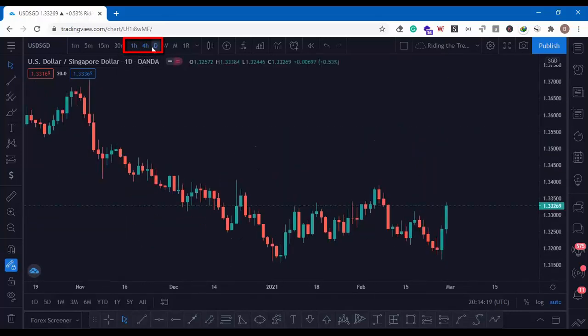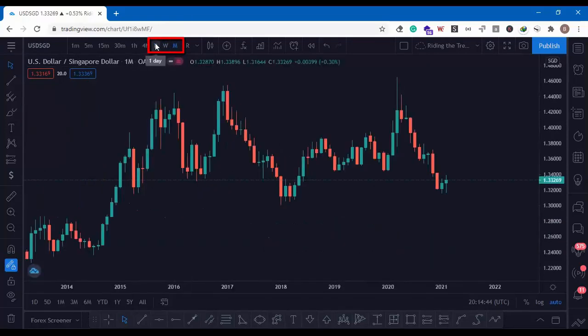Now, the last group of traders that we have are positional traders. This batch of traders are more like institutions, banks, hedge funds. There are more of these institutions in this group, and they trade using the daily, weekly, and monthly because they want to be in a position for longer periods, sometimes months, years. So when they get in, it can be 6 months, years before they close their trade, and that is positional trading.